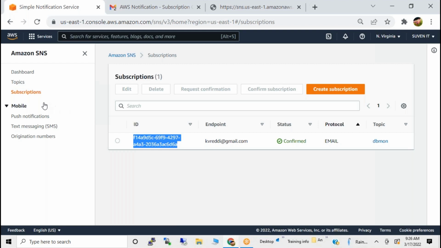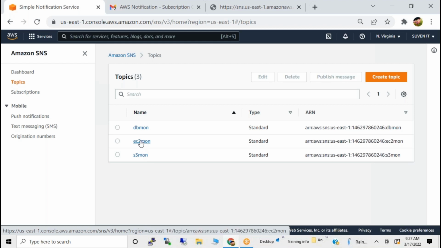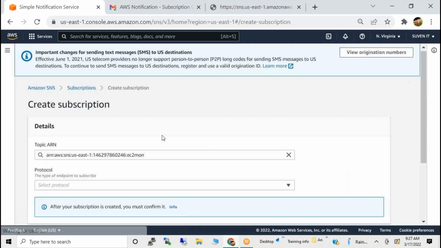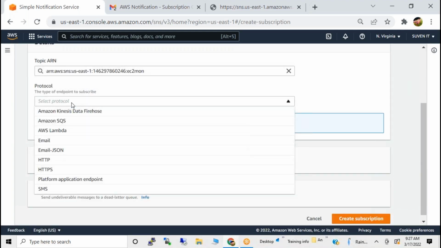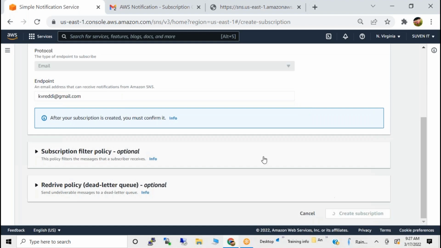We will give you the source also. You can subscribe many mails, like the server team, Linux team, who need to receive the alerts if their Linux server is down. So we need to subscribe for this. Just go there, create subscription, and choose what kind of subscription you want. As of now, we will go with email because the system administrator is always sending the notifications only. Then who needs to receive the alerts corresponding to this server. This is the way we can define the